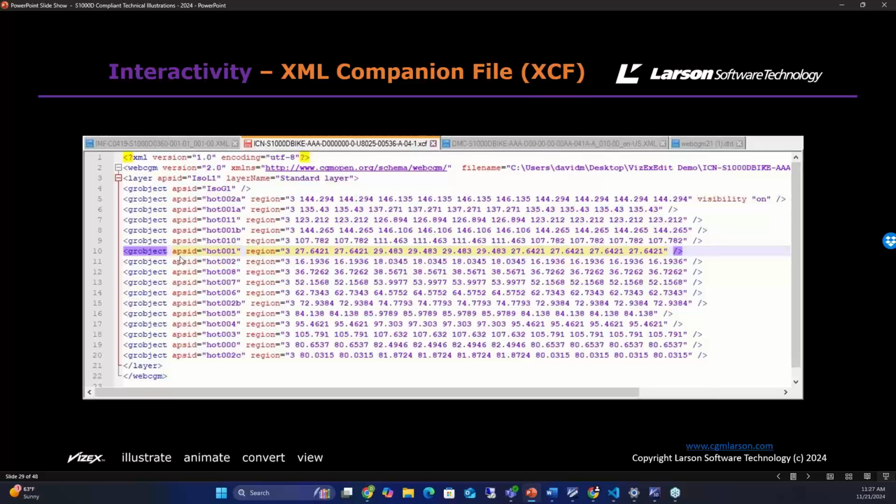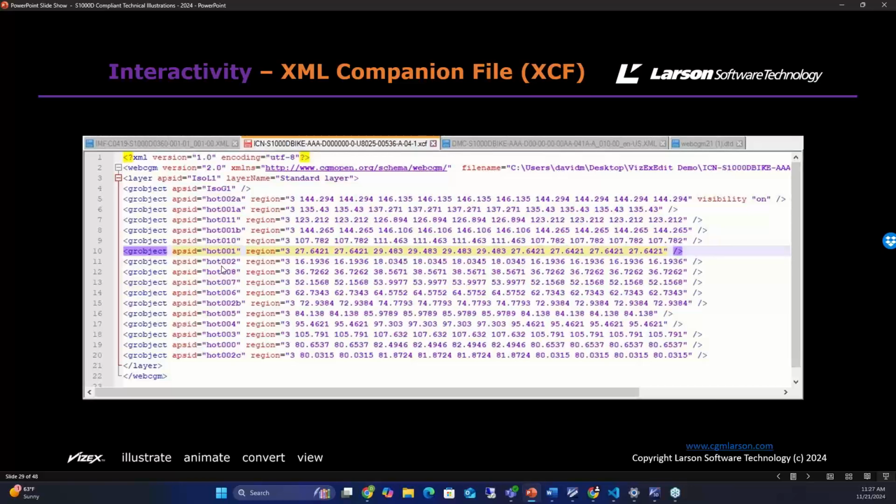So this is the companion file. You can see here that this is the XML file, and the ID is the actual CGM ID. We'd have to append this with a "data dash" for the XML companion file to work. So we're going to look at that, and we might propose something as a change request to the